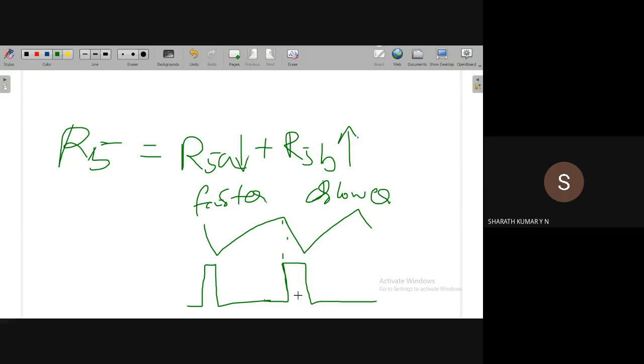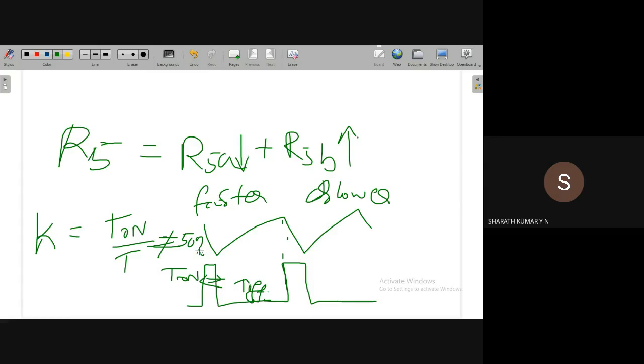So in this case, this duration is the on period, T on, and this duration is the off period. The duty cycle, as you must have seen in some textbooks, is represented as K. K is equal to T on divided by T, which is not equal to 50%.